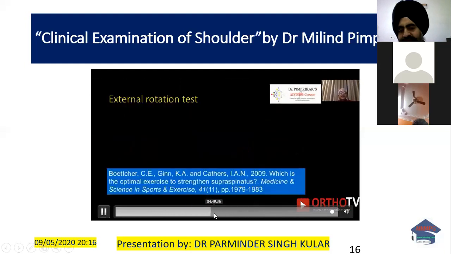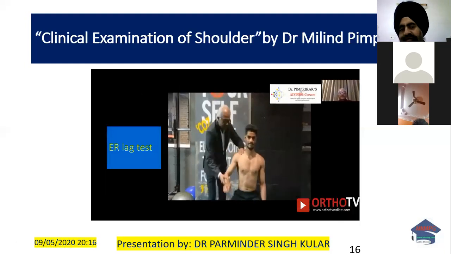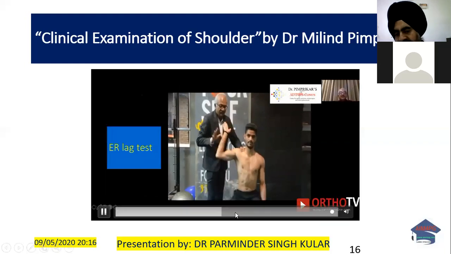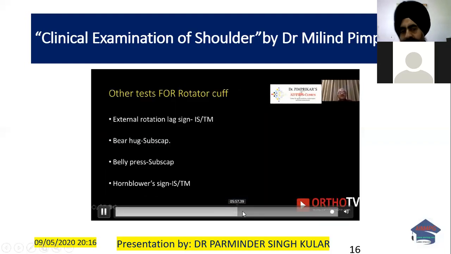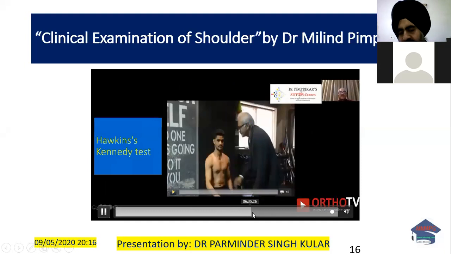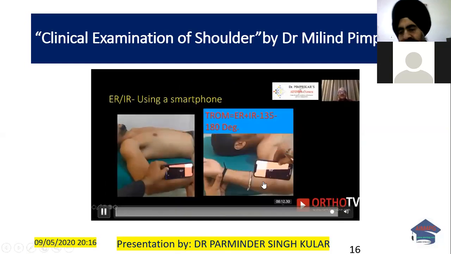So this is the full can test and the empty can test for the supraspinatus. This is the external rotation lag test, or the apprehension or Jobs relocation test based on this only. When the patient cannot do abduction and external rotation, the bear hug test is for the subscapularis. The patient sits on a couch, and the examiner's hand goes onto the shoulder. This is the Hopkins test, with the other hand. The total ROM is the sum of internal and external rotation, already discussed. So in fact, we have covered all the important tests for the movements of the shoulder.